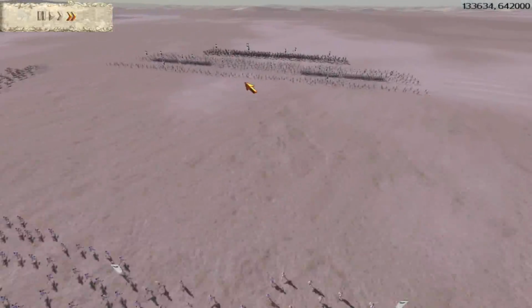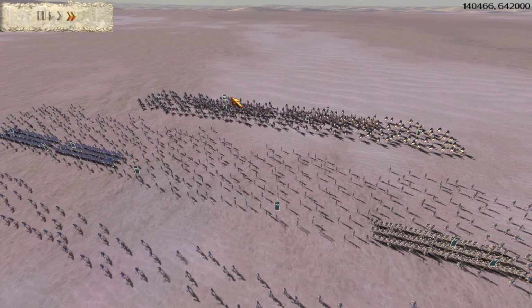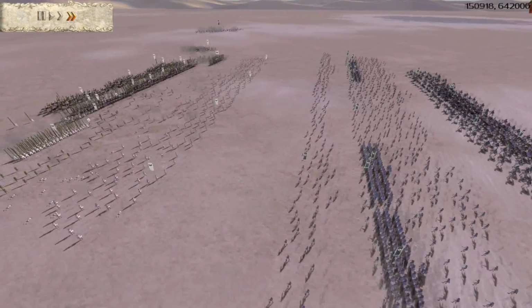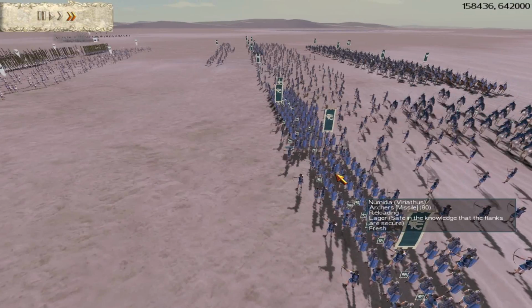Let's take a look at my opponent's army. He's got 2 slingers up front, 6 archers. It looks like he's got 4 camel riders and 2 long shield cav. Also, he's got 2 Numidian cav, so we both have 8 cavalry units. But I have 6 infantry to his 4, and my infantry...